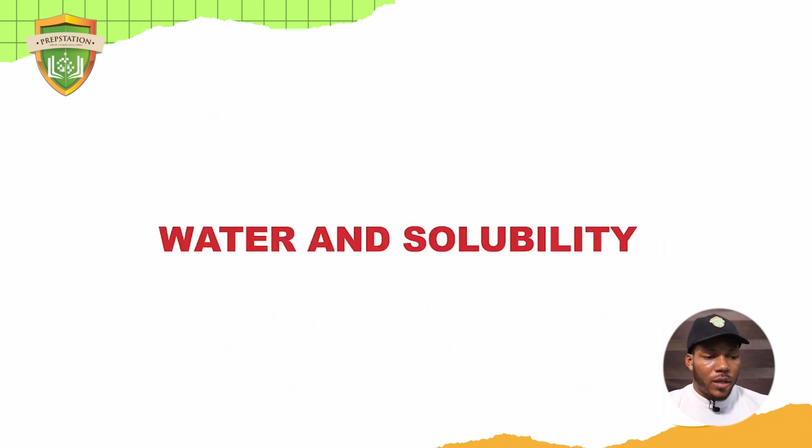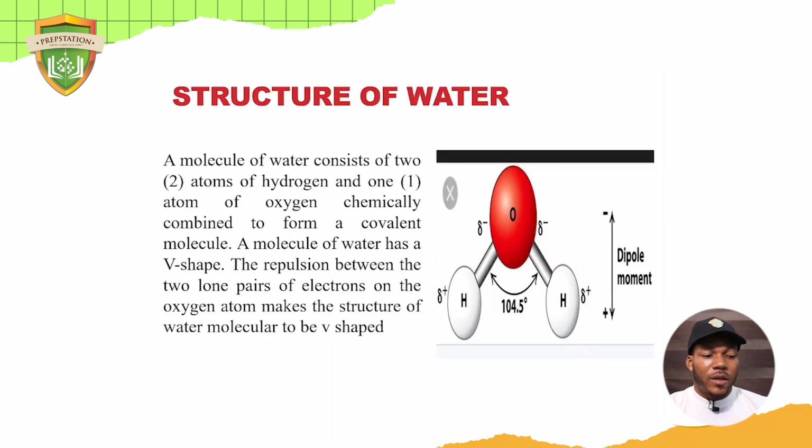I will be fast in this so that I can touch a little of the last topic for the day. All right, so what is the structure of water? Water has two atoms of hydrogen and one atom of oxygen, and has an angle of 104.5 degrees. Now, the reason why water is V-shaped is because of the repulsive force. Now, this water has